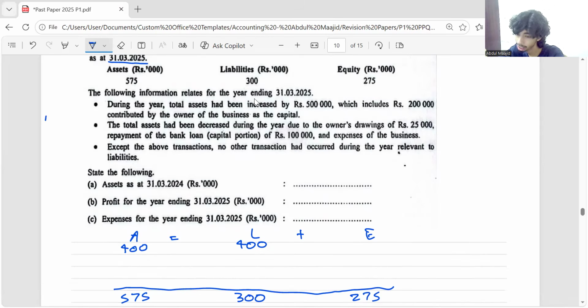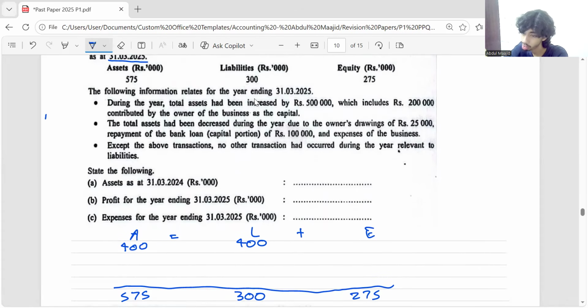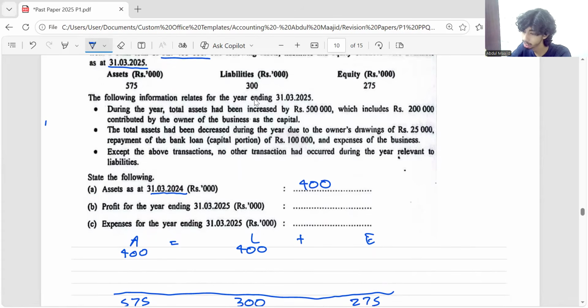Yeah, opening asset will be 400,000. So, opening date is 1st of April 2024. So, they started it one day before that. Then, opening asset will be 400,000 because asset equals liability plus equity. There is no opening equity. Okay. During the year, total asset has been increased by 500,000, which includes 200,000 contributed by the owner of the